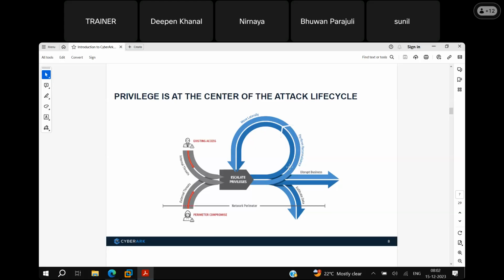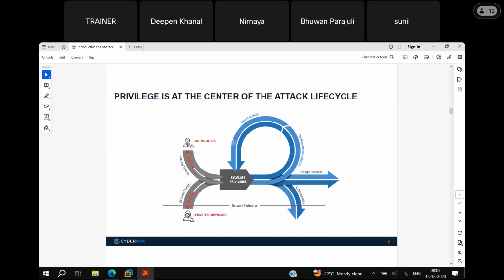Observation. In other terminology we can call it a search operation. Like in the military, if we take a general example, a soldier will search for the enemy. In the same way, once attackers gain control over the privileged accounts in an IT organization, they will perform reconnaissance, meaning a search operation, to see whether this account has access to any other endpoints within that domain.